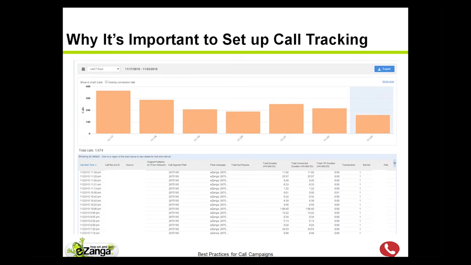Eli, do you know any successful partners that are doing this without call tracking? I can't think of any. No, absolutely not. And that's why I'm vehement about it. I mean, you have to be tracking. Sometimes it's harsh what I'll say, but if you don't track, you will fail. It may not be today, it may not be tomorrow, but eventually you're going to see.